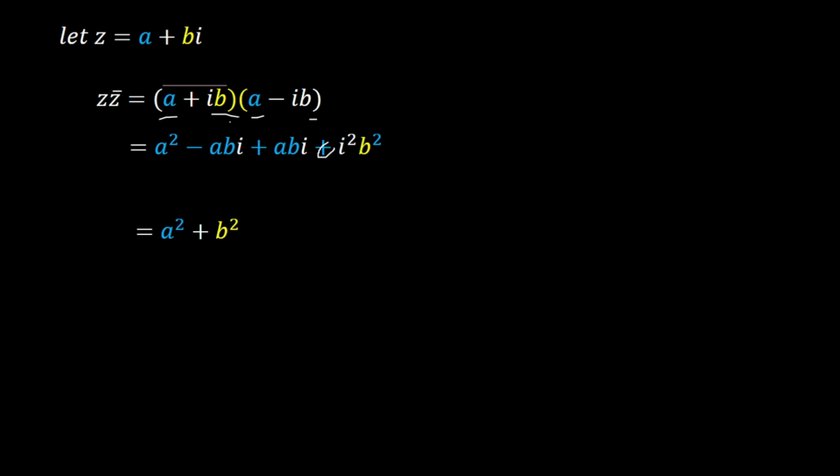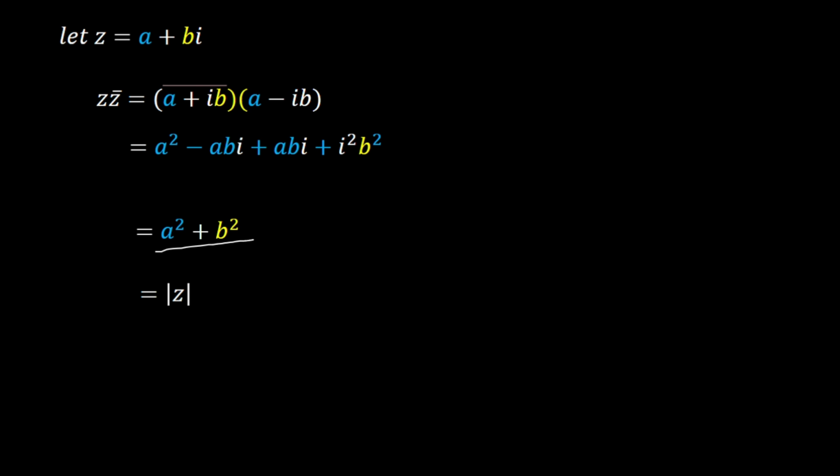And simplifying this, since i squared is negative 1, negative and negative will give a positive, you have a squared and b squared. This and this will cancel out, and we come out with this amazing part, which is equivalent to the magnitude of z,